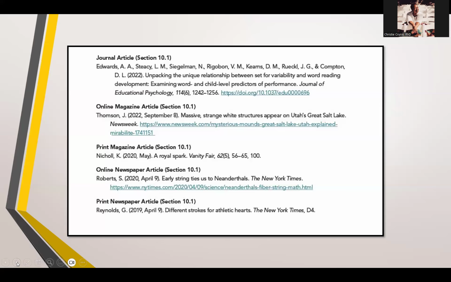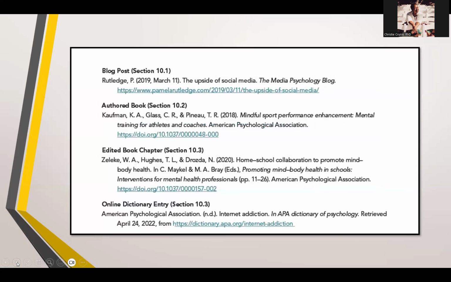And so in the case of something that's online, you're going to include the title, and then with the online magazine article and the online newspaper article, then you want to include the link. So as long as you're following that format in terms of including those 4 pieces, then you'll be fine.